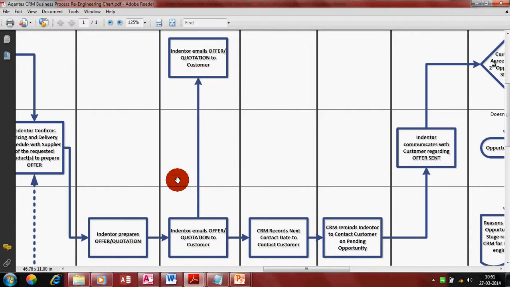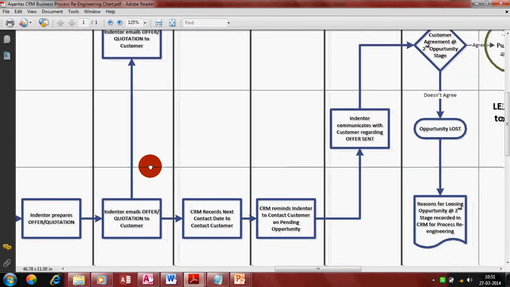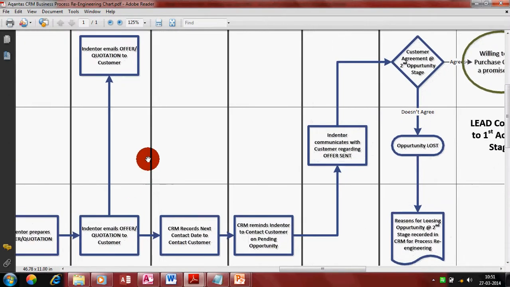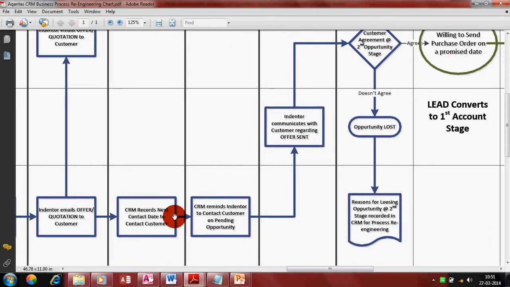This can get closed in maybe 10-15 minutes, only if your CEO is talking directly to their CEO, so it doesn't take them time to close at this stage. But you as a business development person, sourcing agent, or a common marketing person will take some time. So you have to give your buyer the time. Meanwhile, the CRM records the next contact date to contact this customer.